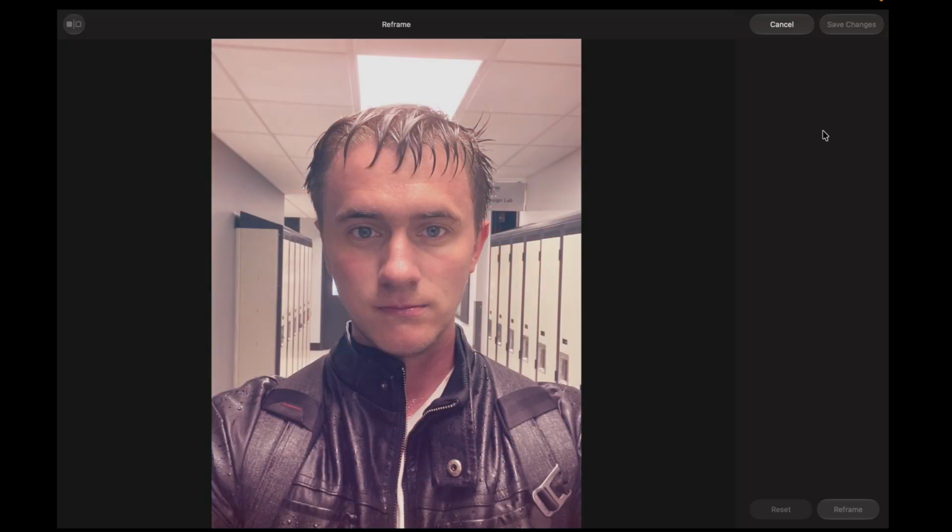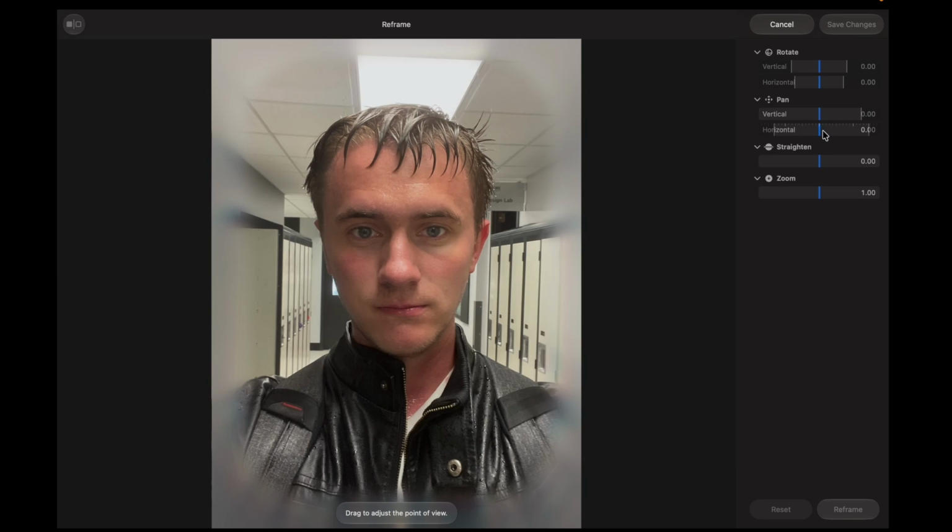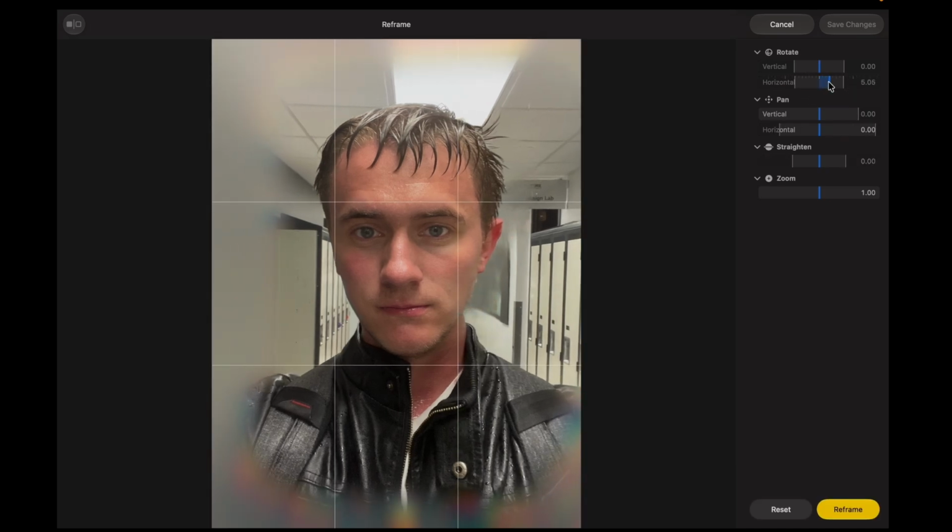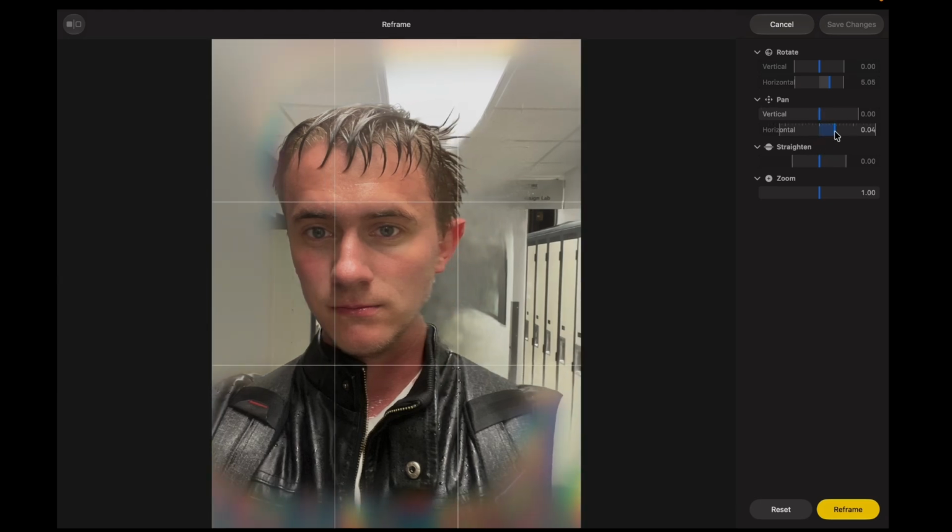Wow. But I'll now show you probably the most unique and coolest thing Apple has done in a really, really long time. They're using the information and the data they've collected and the research they've done for the Apple Vision Pro, and they've created this. They call it Reframe. So it's going to scan through here, and no joke, okay? I'm going to change the angle, and I'm going to change the pan.